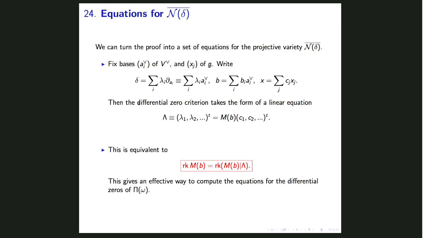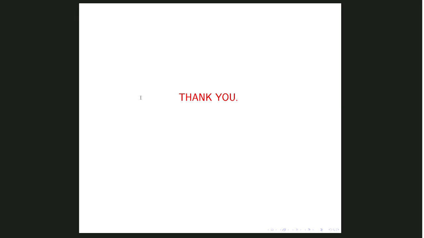So not only do these equations now give you an algebraic set of equations for the algebraic variety N bar, they give you a stratification. So for each rank of both sides, you get a stratum of this algebraic variety. Okay, and at least in this low-dimensional case, you could carry this out using a computer and use this equation to compute the equation for N bar. Okay, let me stop here. Thank you.